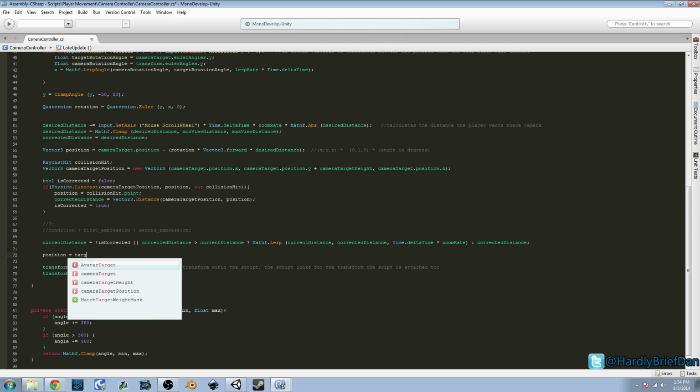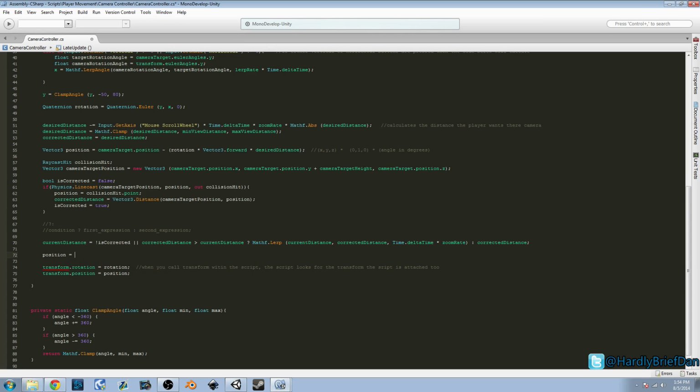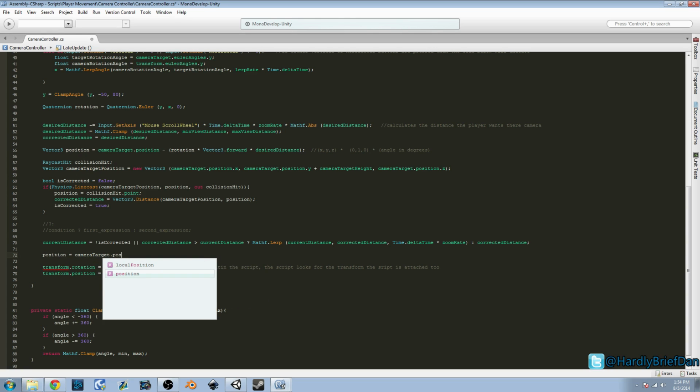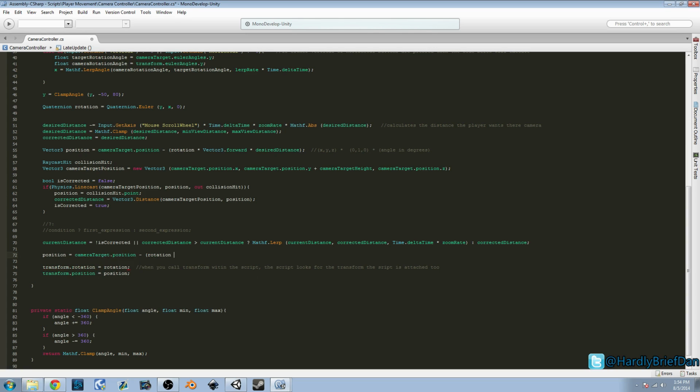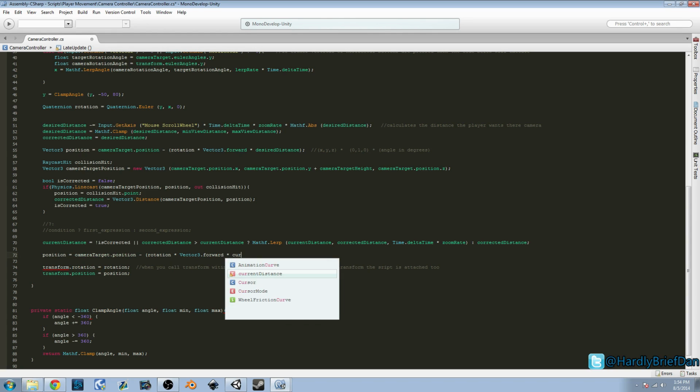We're going to set that equal to camera target dot position, subtract rotation times vector 3 forward times current distance